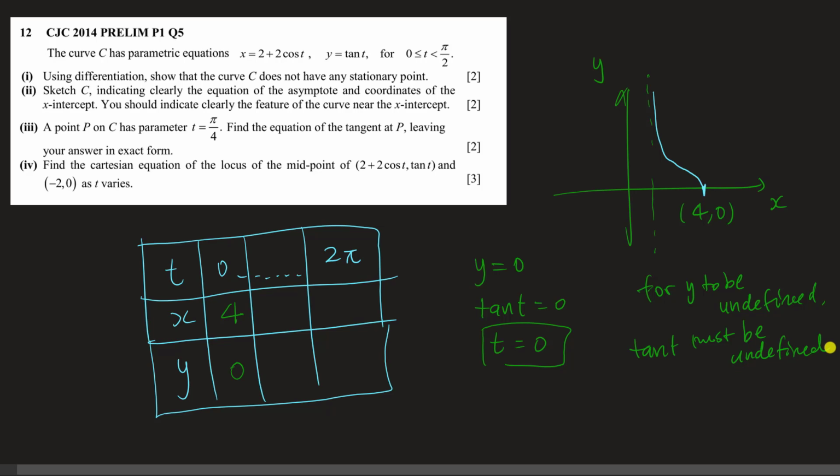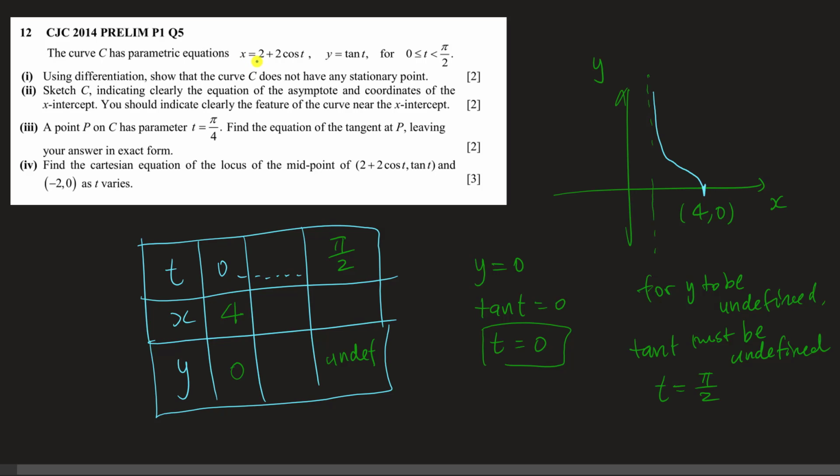And when would that happen? Tangent pi over 2, right? Everybody knows that tangent 90 degrees is undefined. So tangent pi over 2 is undefined. So t must be equals to pi over 2. Same thing, we are using t equals to pi over 2 as the middleman. Find out what coordinate this generates you. You realize that y is undefined,